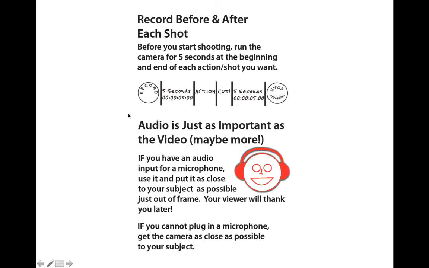If you want to do a cross dissolve or a fade or any other transitions, you really need to have a couple seconds of footage before that first syllable that's uttered or before that first movement in the action that you want. And then again, this is just a reminder to use your headphones